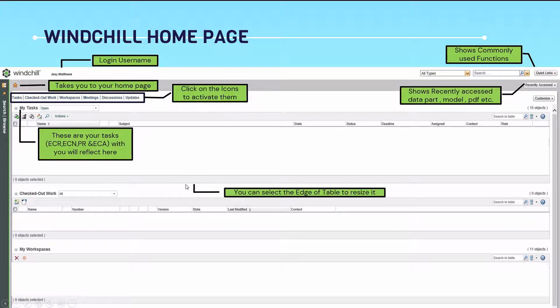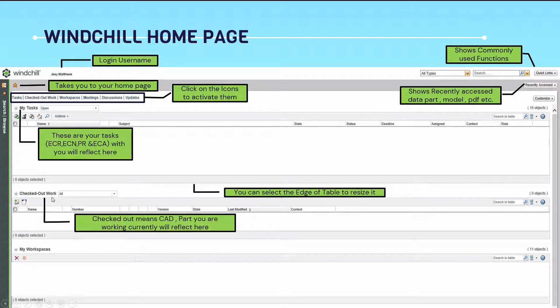Now by clicking on this edge, you can stretch and shrink the size of the table the way you want. For example, many tasks are there. You need to see the next task, you can stretch it. This is the checked out work tab.